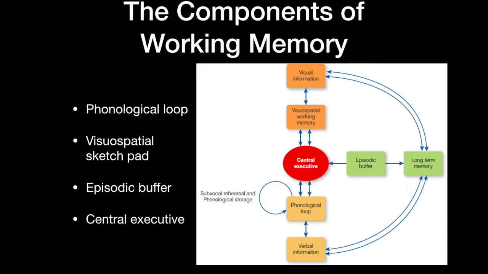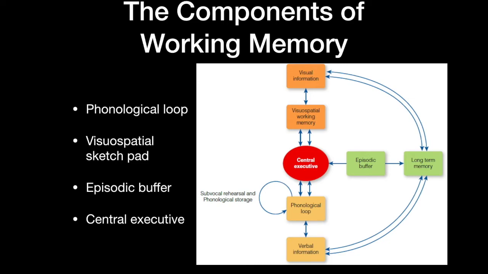The phonological loop is for auditory information. The visual spatial sketchpad is used to maintain and process visual and spatial information. The episodic buffer is for storage of a multimodal code. It holds an integrated memory of episodes. The central executive is the decision maker in the system. It selects what to focus and what not to focus, switches attention between different parts, and plans sequence of tasks